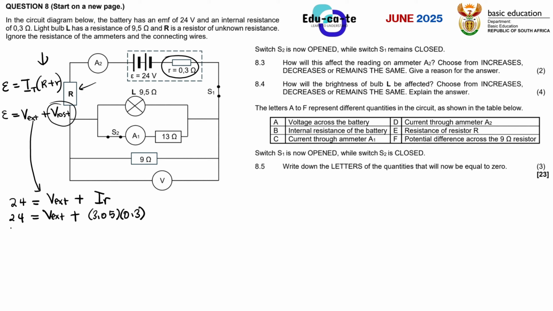So basically, if you do your manipulations, your beautiful mathematics there, you'll find out that the total external voltage that will come out of the circuit here is going to be 23.09 volts. Now let's debug this misinterpretation once more. When I say that this is the total external voltage, it means that this is the voltage that is leaving the circuit, the total voltage of the circuit, right?